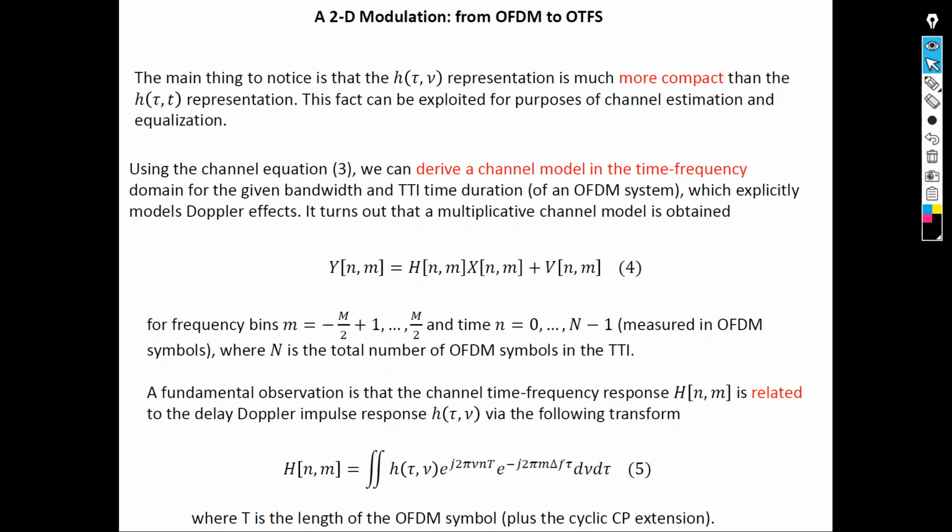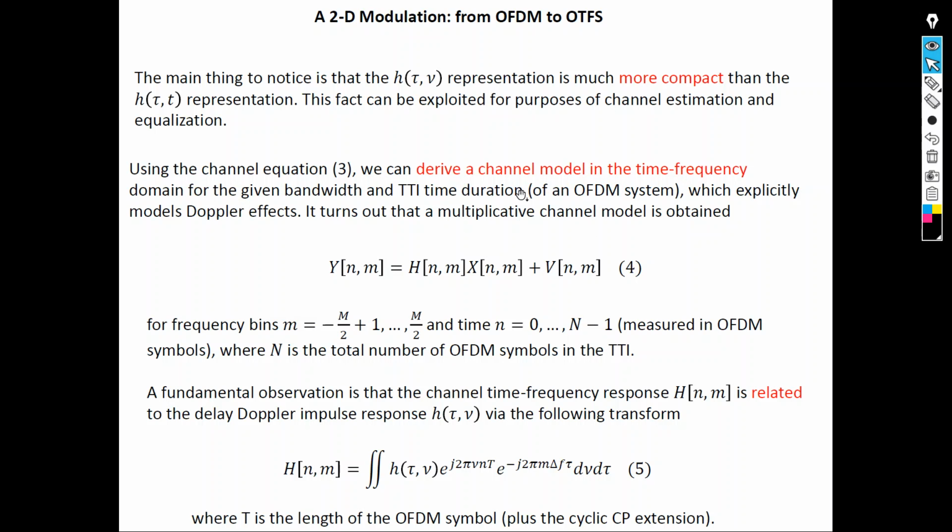The main thing to notice is that the delay Doppler channel representation is much more compact and physically meaningful and mathematically friendly. This fact can be exploited for the purpose of channel estimation and equalization, because in this case you need to estimate less number of parameters, and due to this you spend less resources to estimate your channel and get the data. Using the channel equation in 3, we can derive a channel model in the time frequency domain